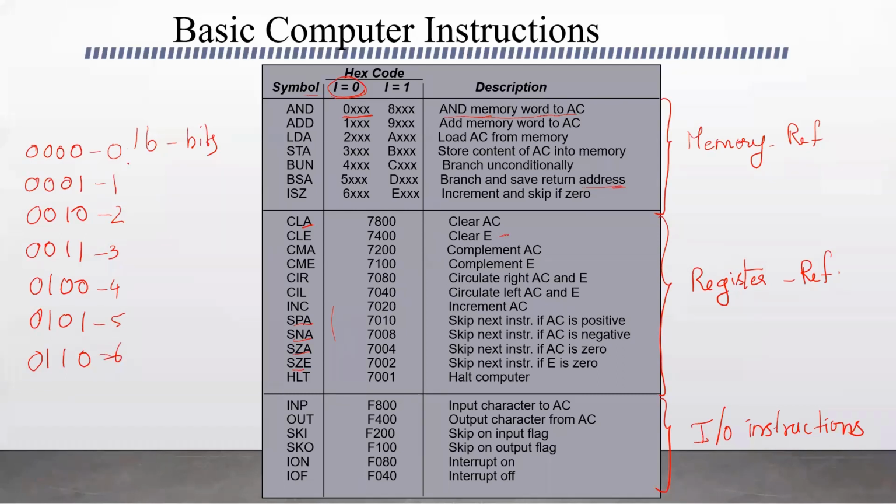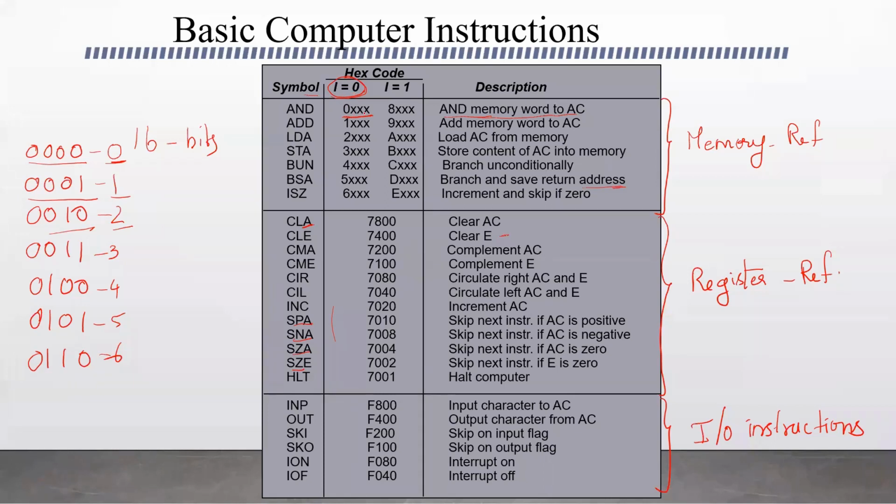So this we are converting to a hexadecimal equivalent. This 0 is the hexadecimal equivalent of these 4 zeros. 1 is the hexadecimal of this 4 bits, the 3 zeros and 1. And 2 is the hexadecimal equivalent of this. So we have the leftmost digit here, 0, 1, 2, 3, 4, 5, 6. The opcode 3 bits and the addressing mode, the last 1 bit, is coded this way in hexadecimal when I is equal to 0.